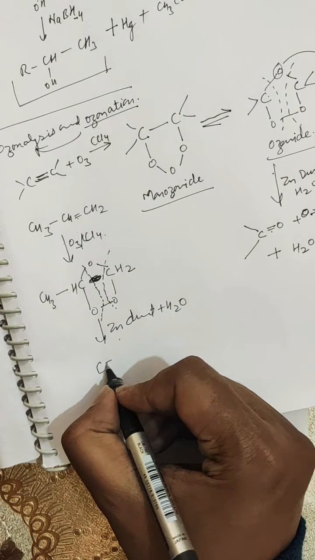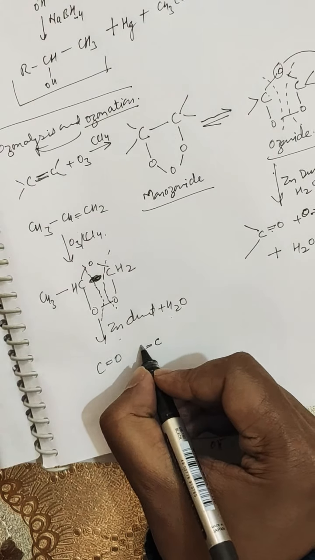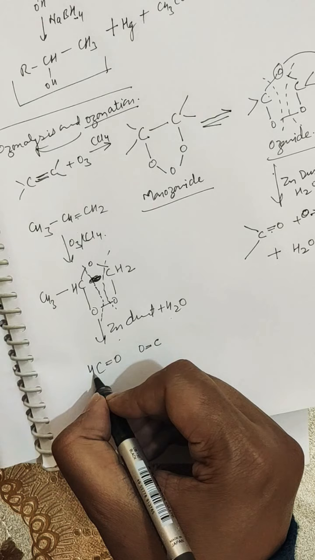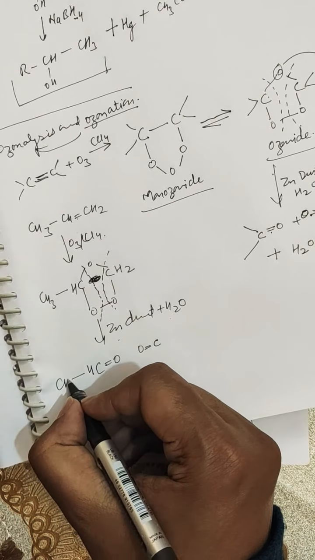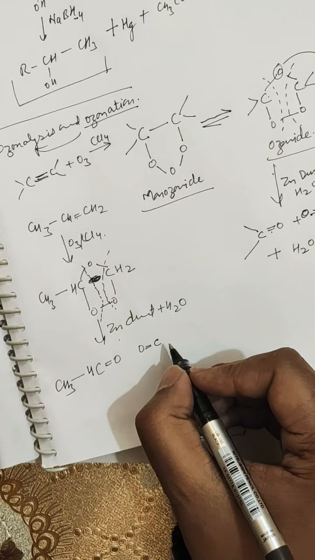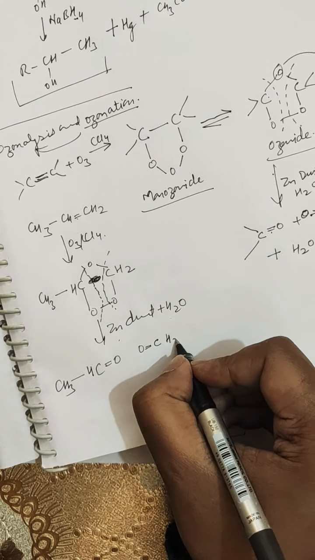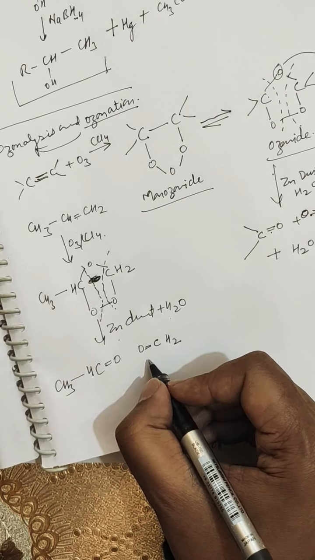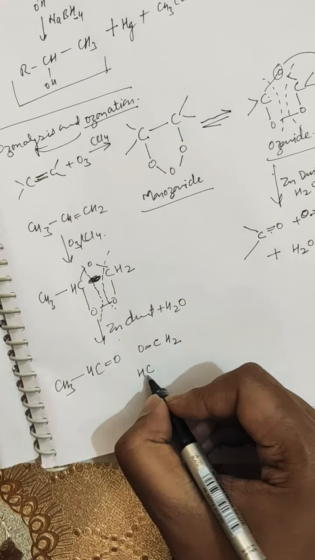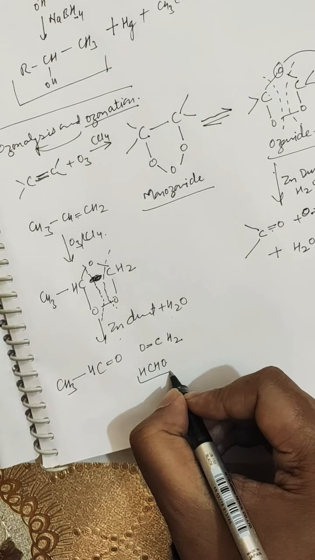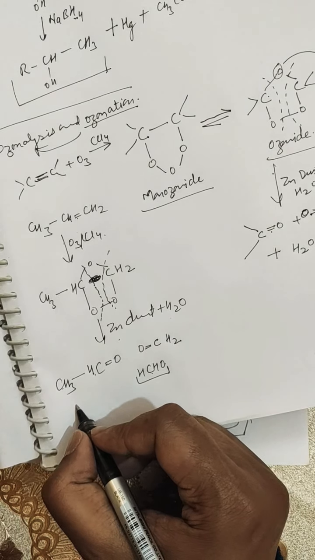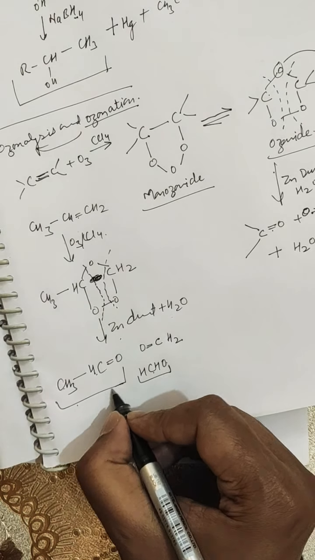Simply you write this carbonyl group here and here too. After that write its hydrogen, one hydrogen is attached to it, and further this methyl group was attached to it, and on this side basically it was CH2. So it is formaldehyde, HCHO. This is called formaldehyde, and this is ethanal. So this is ethanal, this is methanal.